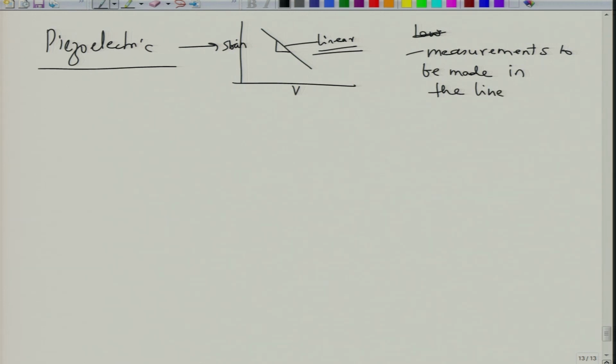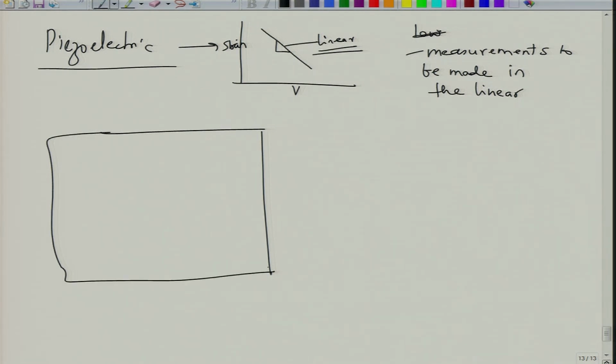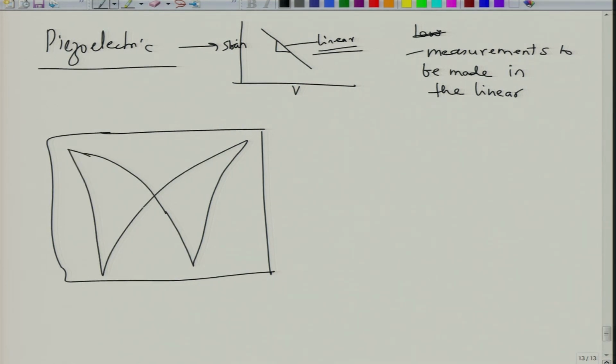So, basically you are looking at measurements to be made in the linear region. So, for example, if you measure for a ferroelectric we measure generally a butterfly loop. A butterfly loop is something like this, and this butterfly loop will have linear region somewhere here.